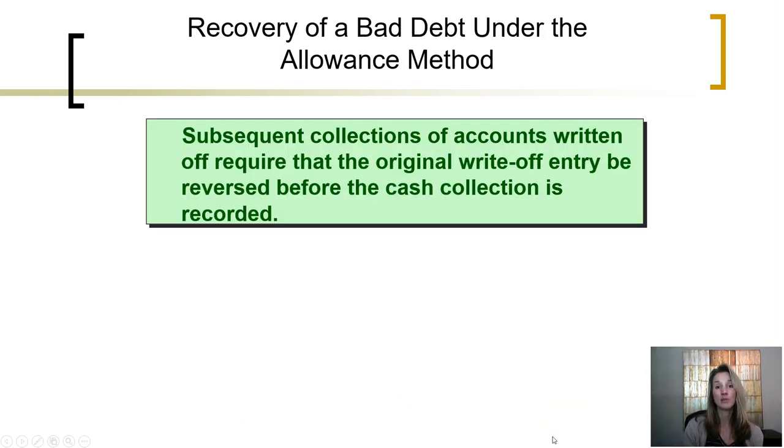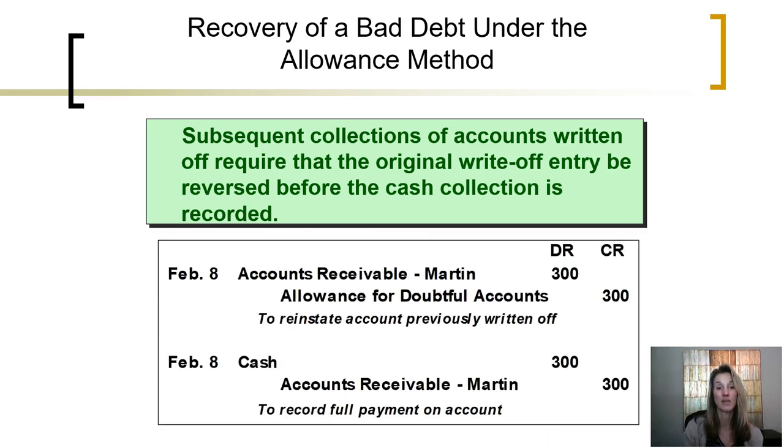If we subsequently receive a collection on an account that had been previously written off, we need to make two journal entries. The first journal entry is to reverse the initial write-off, and then the second entry will be to record the cash collection. So if we receive a collection on this account that we had previously written off, we